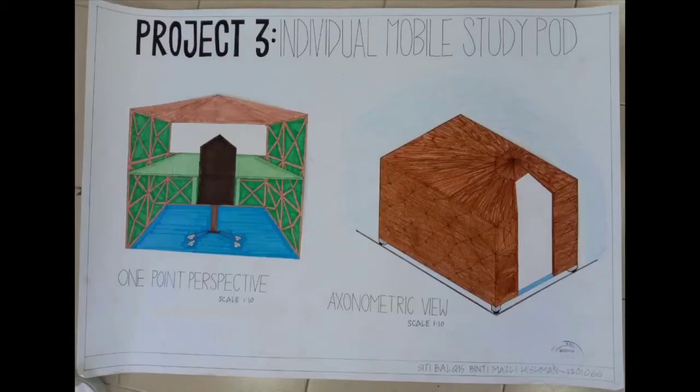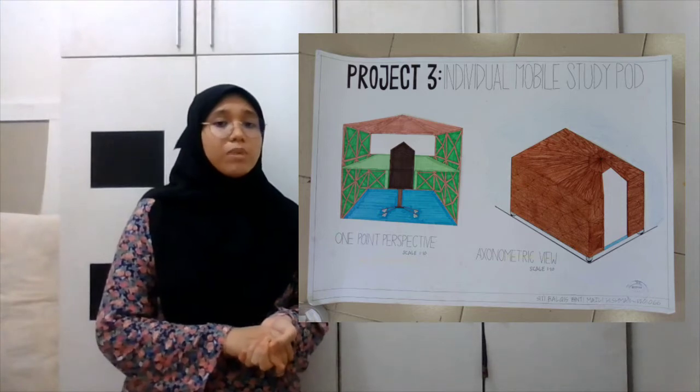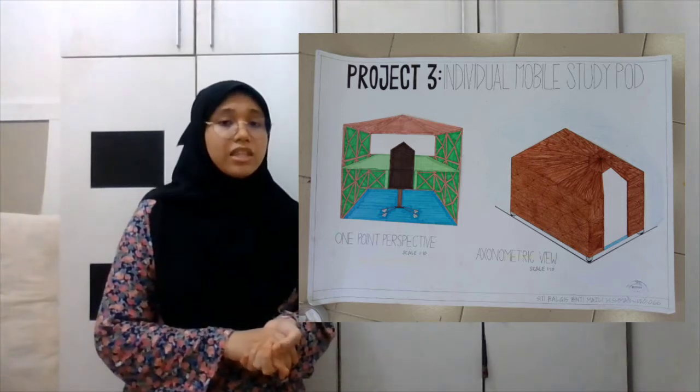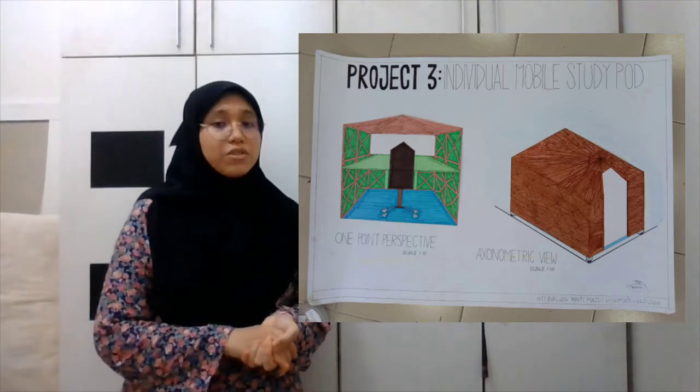The fourth board, which is the last board, is showing the drawings of a one-point perspective of the studio pod and also the axonometric view of the studio pod. So the first board